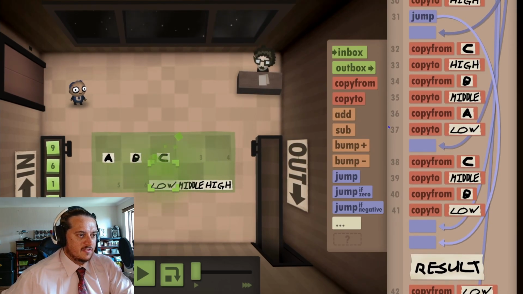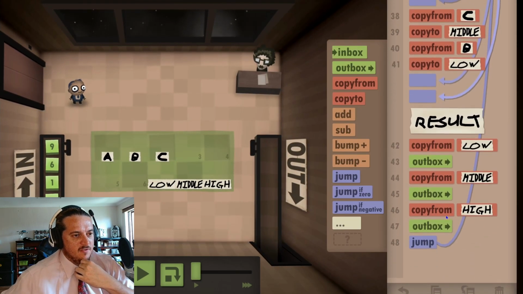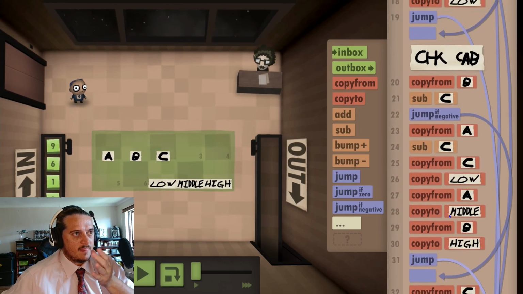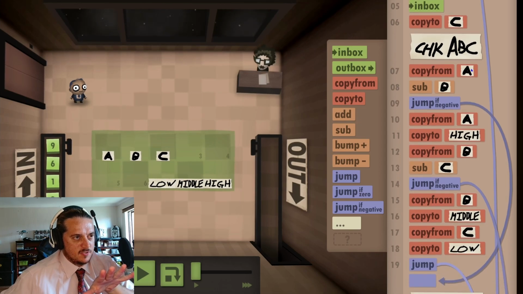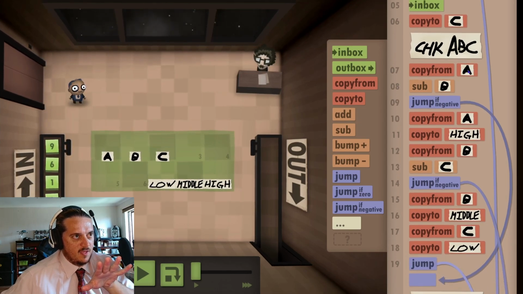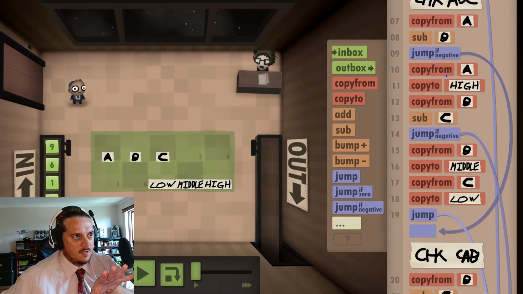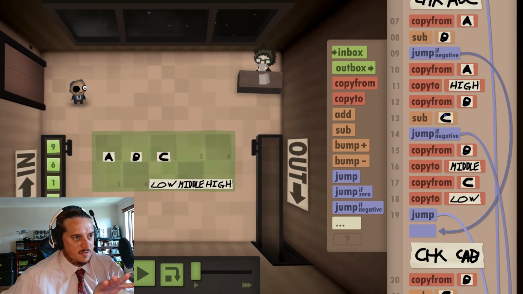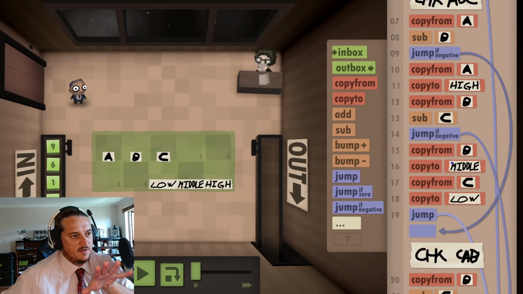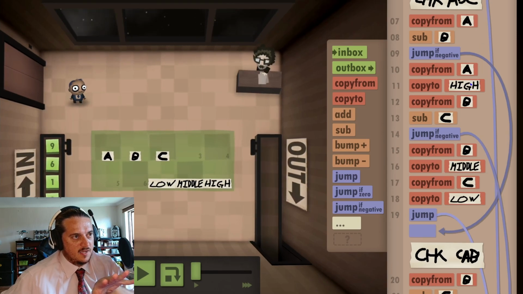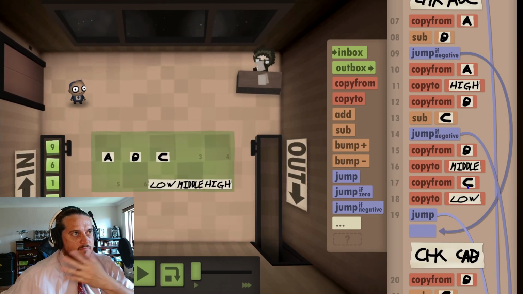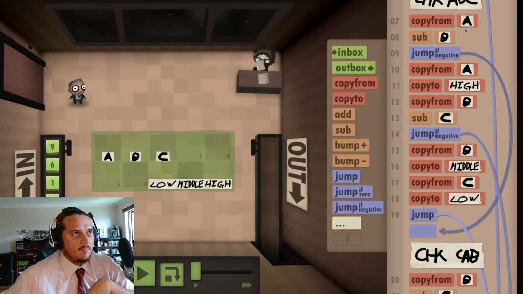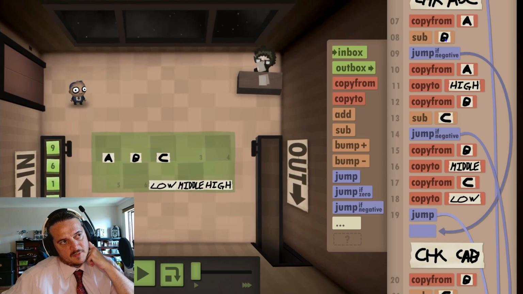I think I'm figuring this out. C not being the low result. Done. Okay? Yeah, so I'm saying everything's positive. So if A is bigger than B and B is bigger than C, then A stays in the high, B stays in the middle, and C goes to the low. Right? Perfect. But if A is not as big as C,